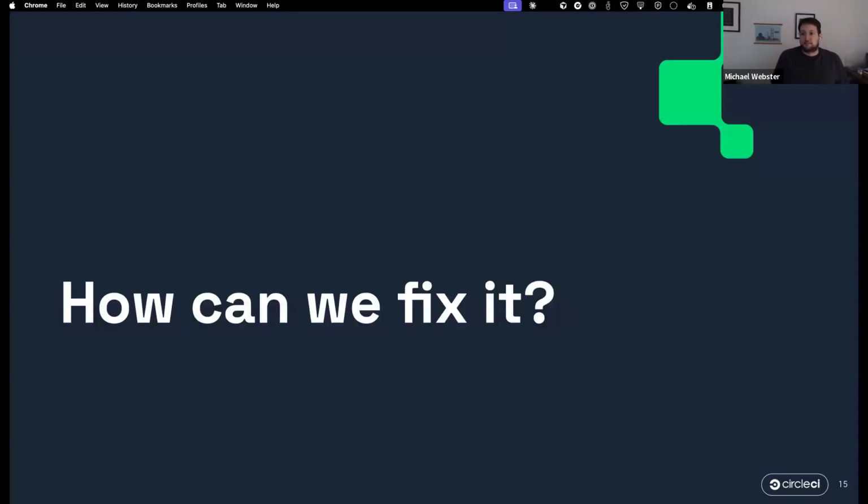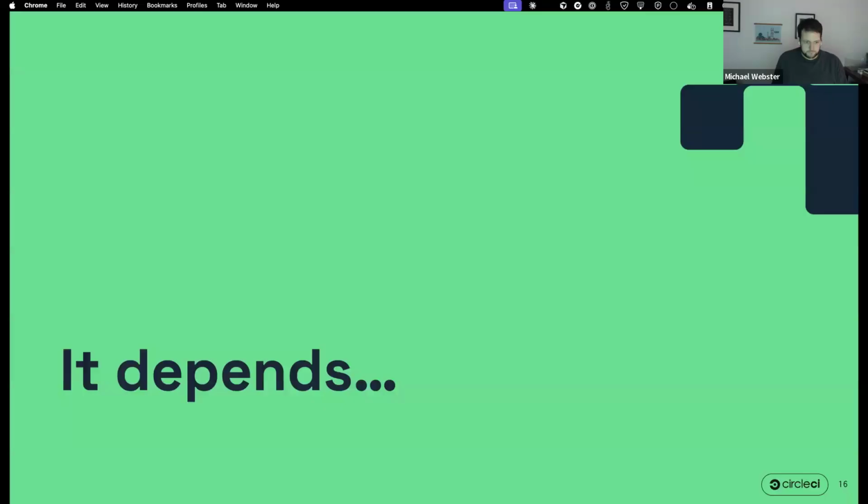All right, so what can we do to fix this? How can we fix this? I'm going to tell you some things that we found to be effective within CircleCI. We'll talk a little bit about what's going on under the hood with these agents to give you some intuition about how to think about these problems. But a lot of these are open questions right now. I think we're going to have to figure this out as an industry. But I'll be sharing some things that we found that work quite well.